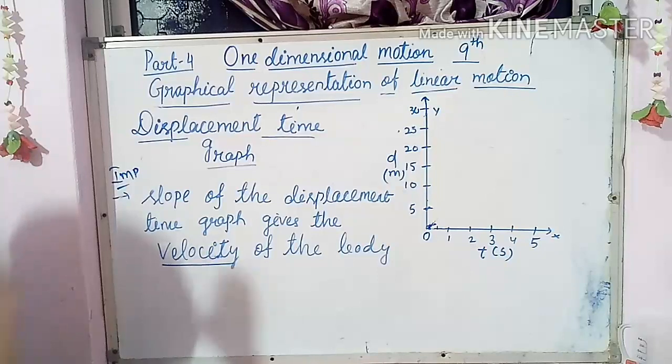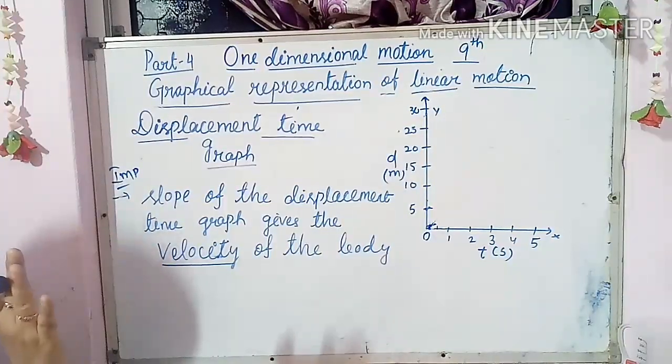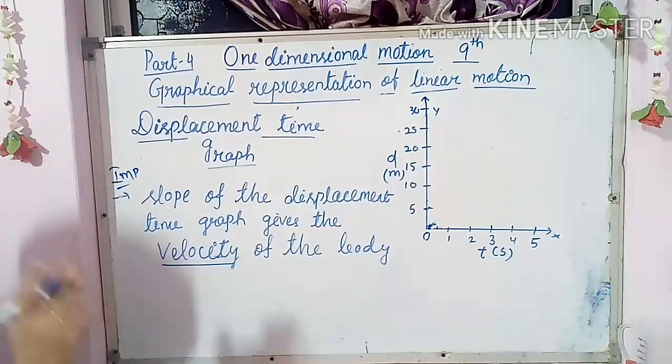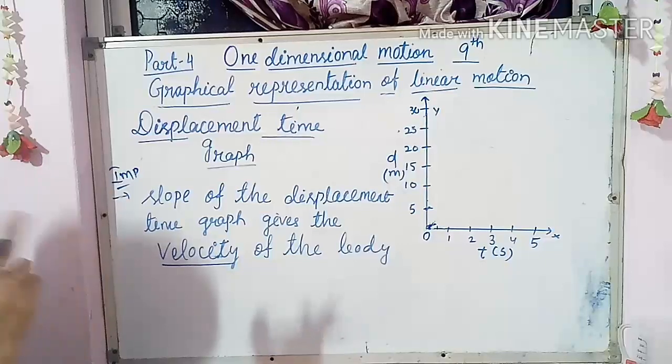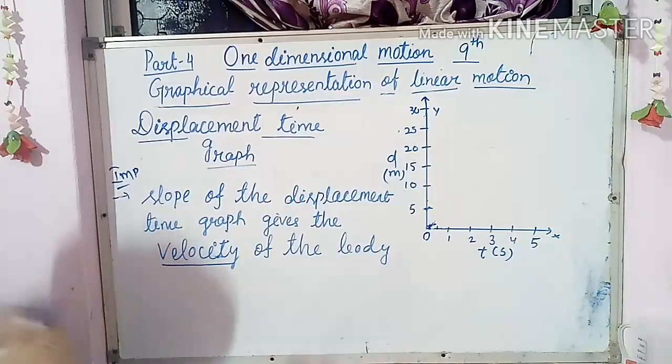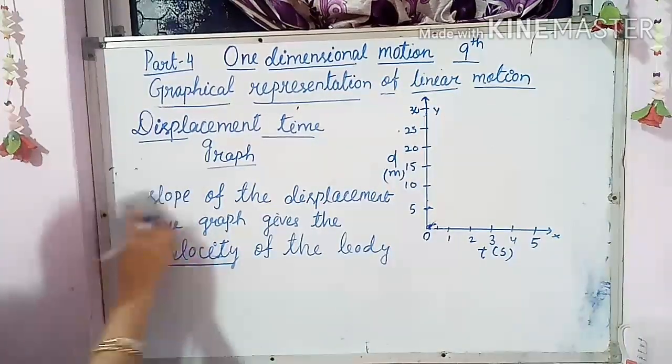Only the same graphs will come, the same shapes of graphs, and the same conditions will come. Again I will tell it in a shortcut manner. So what are these conditions? Body is at rest. Body is at uniform velocity this time. Body is at non-uniform velocity, and in non-uniform velocity also two conditions will arise. Now one by one, let's see again.